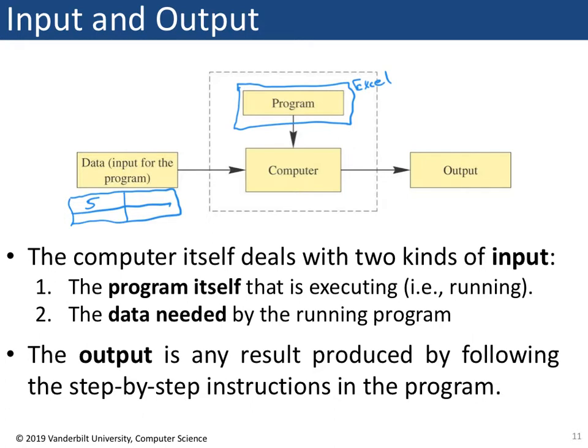So the computer processes the program, which is Excel, and your input, and generates the output, which is 10. So in this way, the data and the program are both considered inputs to the computer,